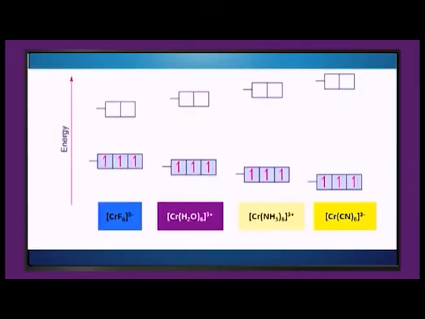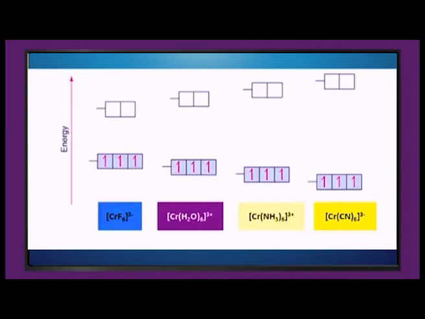A larger crystal field splitting leads to absorption of higher energy light. Therefore, the factors that affect crystal field splitting also affect the color of absorbed radiation of the molecule. You know, tetrahedral molecules show more intense color than corresponding octahedral molecules. Talking about the effect of ligands, the molecule [CrF6]3- by absorbing red color shows the complementary color green, while the molecule